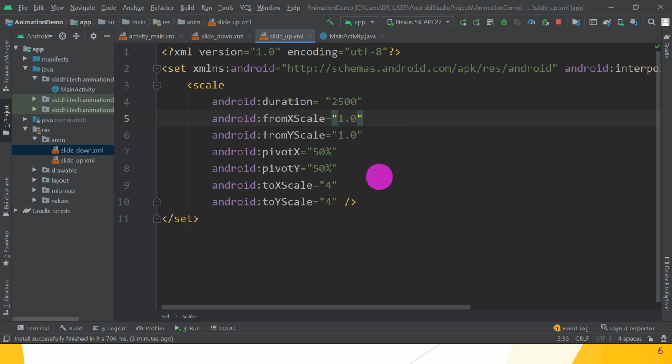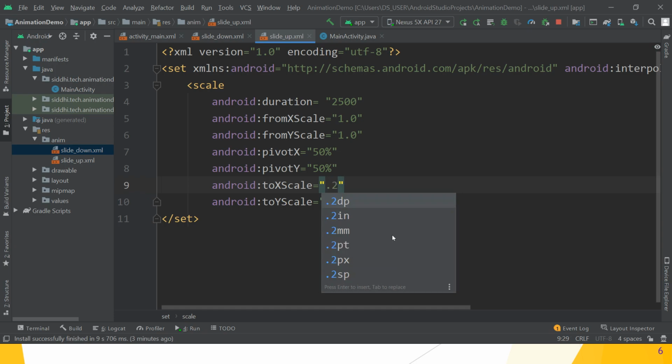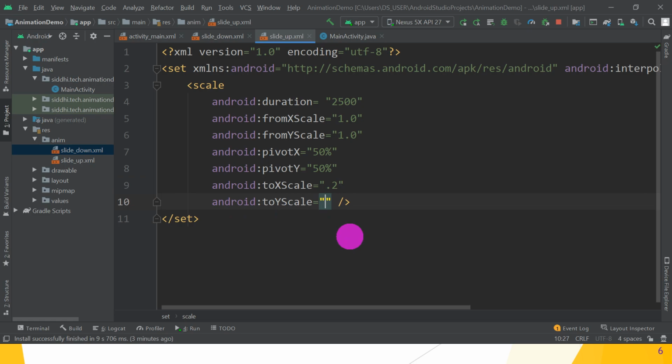Great. 50%. And toXScale 0.2, as well as toYScale 0.2. Great. Guys, hope you understand. We have to make these changes for the zoom in and zoom out effect.